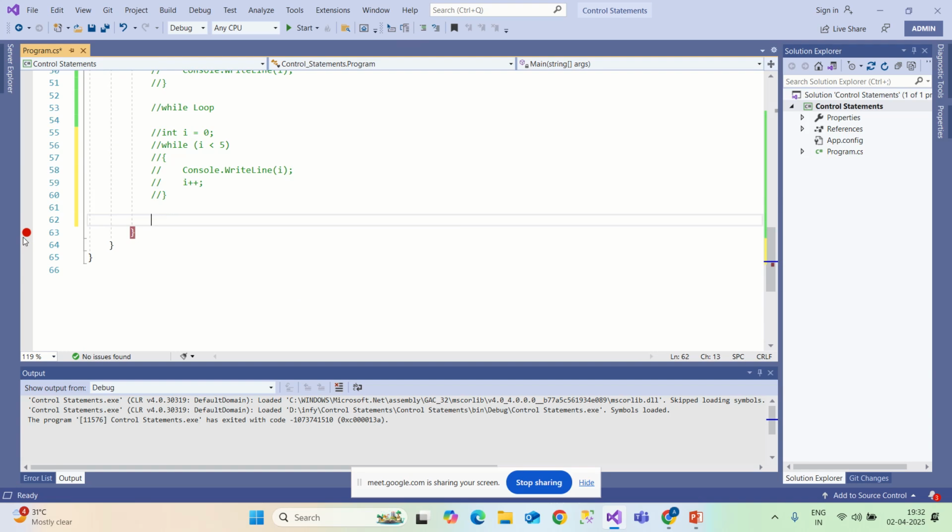And coming to the next thing, exception handling. Generally we use exception handling to handle the errors. Like if you want to catch an error like a null reference error or index out of range,